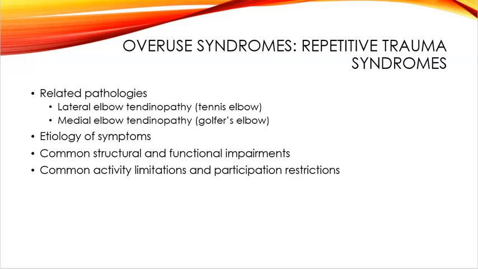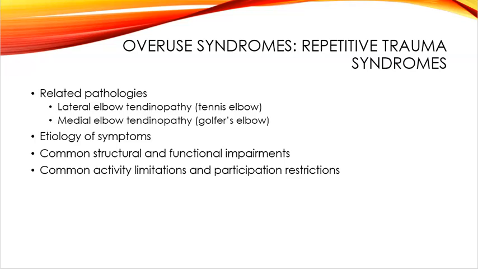Some other common related pathologies would be lateral elbow tendinopathy, also known as tennis elbow. So tennis elbow is commonly referred to as lateral epicondylitis. It could also be referred to as lateral epicondylalgia, epicondylosis, which would be a more chronic condition, or lateral elbow tendinopathy. Symptoms include pain over the lateral epicondyle of the humerus, primarily with gripping activities requiring firm